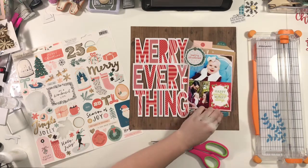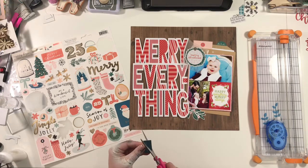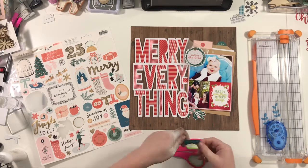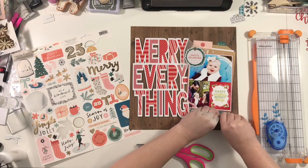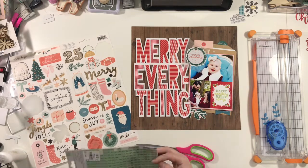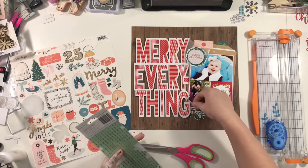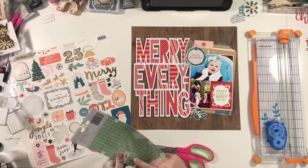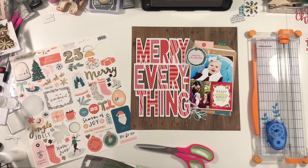So I'm just pulling more stickers and stuff to layer in around this little bag. And then that was a tag, and I just cut off the bottom because I just wanted that little piece where the green is, and then I fishtailed the bottom so that it gave it some extra detail, because it was a nice area of just green, and it needed